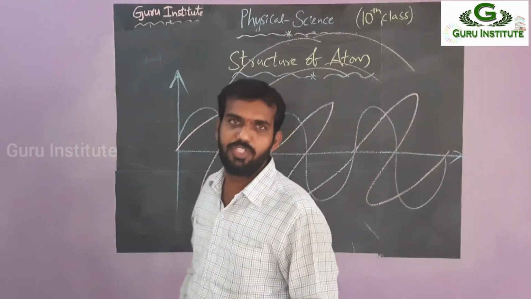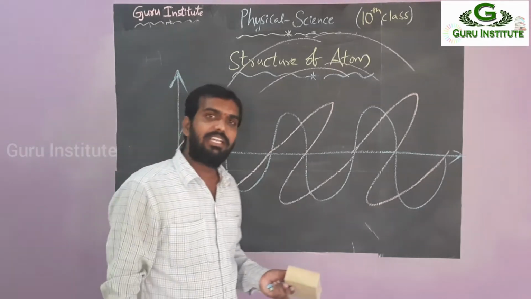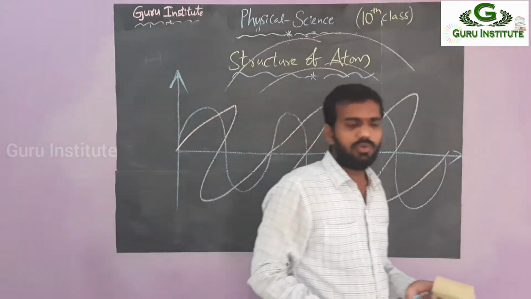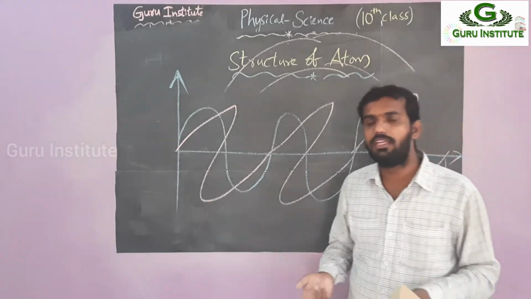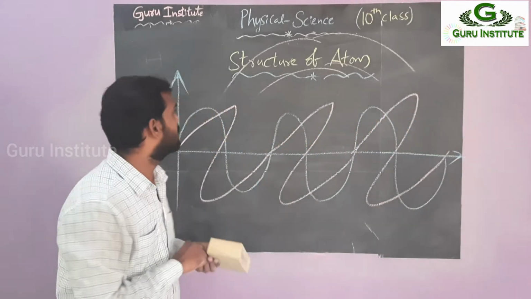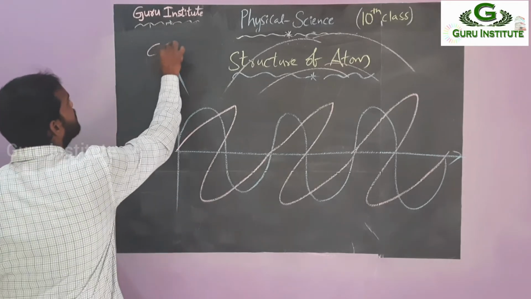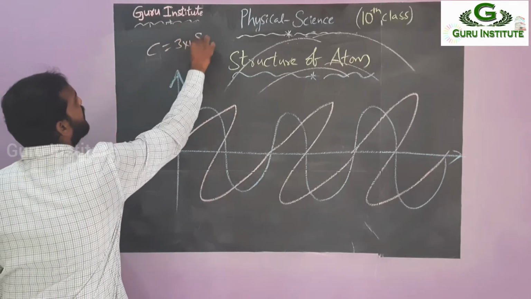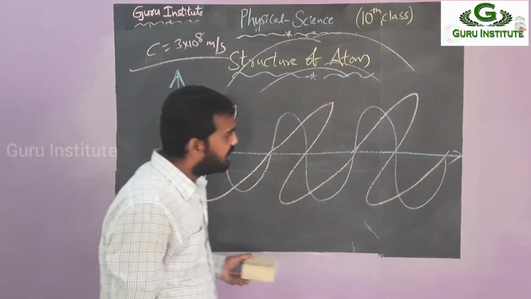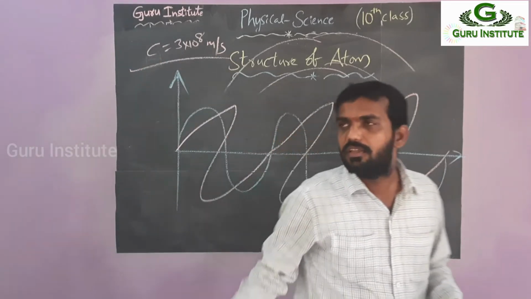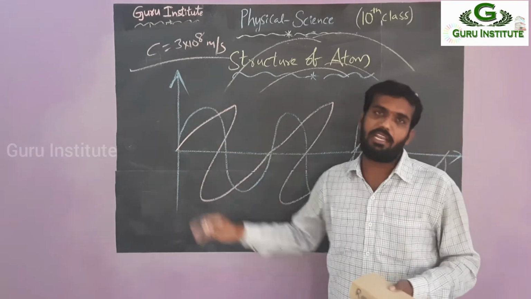Suppose if you see the picture, which colors are there? Totally 7 colors. It is also one of the electromagnetic waves. So it is visible light. You can see the visible light. Its speed in vacuum, this light speed in vacuum, is 3 into 10 to the power of 8 meter per second. That is in vacuum, that is white light.